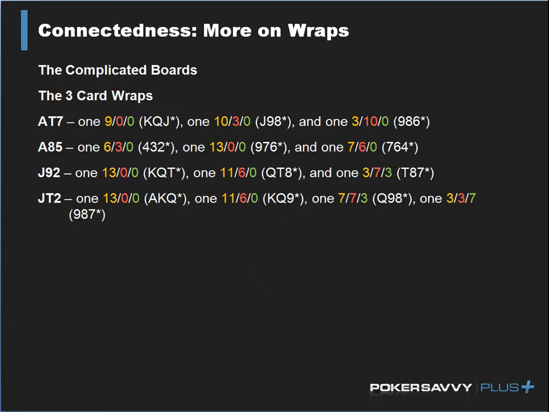Okay. Again, you're not going to be expected to memorize these, but just realize that when you've got one of these two connected card combinations, you've got the over nut wrap where you've got all 3 cards higher, that's only a 13 wrap. The under nut wrap where you've got all 3 cards lower is only a 13 wrap, and it's obviously really weak. Anytime you've got 2 over 1 under or 2 under 1 over, those are 17 wraps,